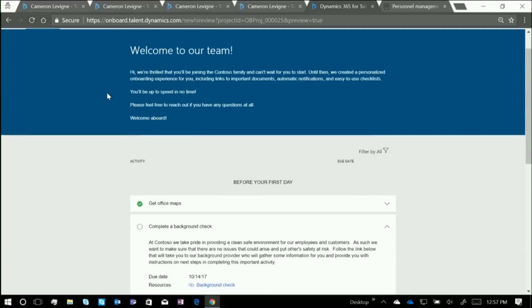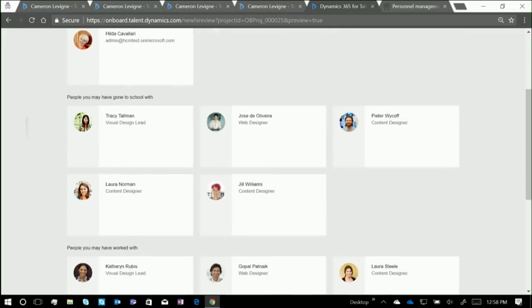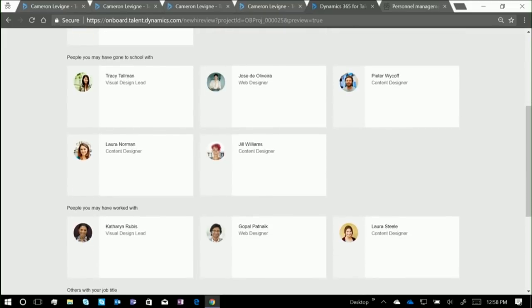So as we then come across, we look at the contacts. So here Cameron can see his contacts. We see the 4 that I told him that he should be able to get to know and understand. But down below, this is a feature that we're bringing later this fall as well here, is this notion of